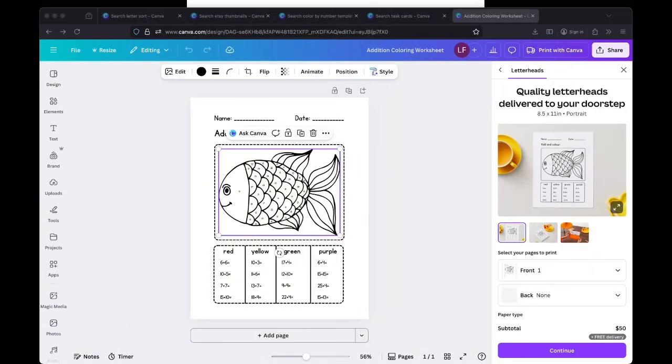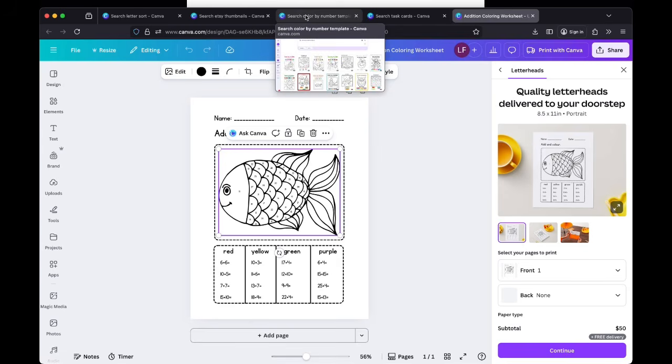templates that are already available to you, how to search for templates, how to look for them, and you're going to kind of see how to tweak them to make them your own and how to make them more valuable and something that you can actually sell on Teachers Pay Teachers. So if you're interested in learning how to create resources in Canva without starting from scratch, this is the video for you. Okay. I'm going to go ahead and share my screen with you,